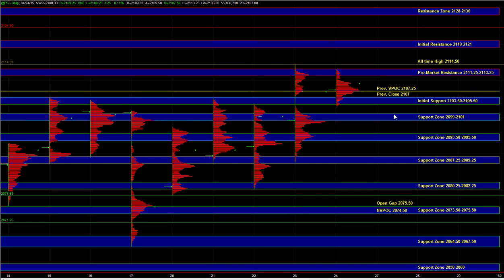So we saw in the overnight session that responsive buyers were active on the pullback to the 2103 half support, and we tested that area a couple of times, and every time buyers defended that zone. So heading into the open, the 03 half to 05 half is initial support. That is the breakout area from yesterday, and holding above it tells us that the buy side is still in